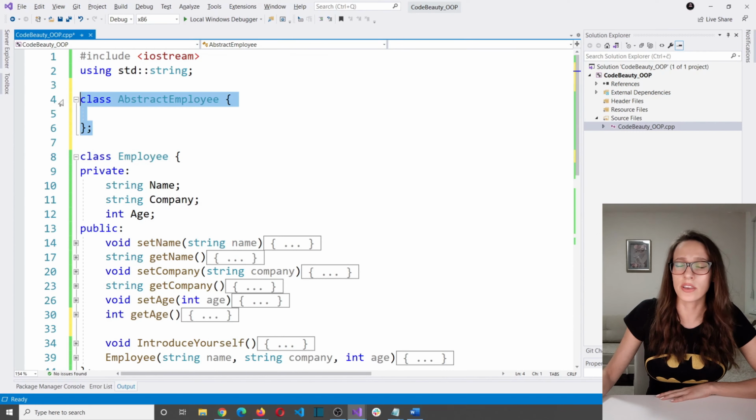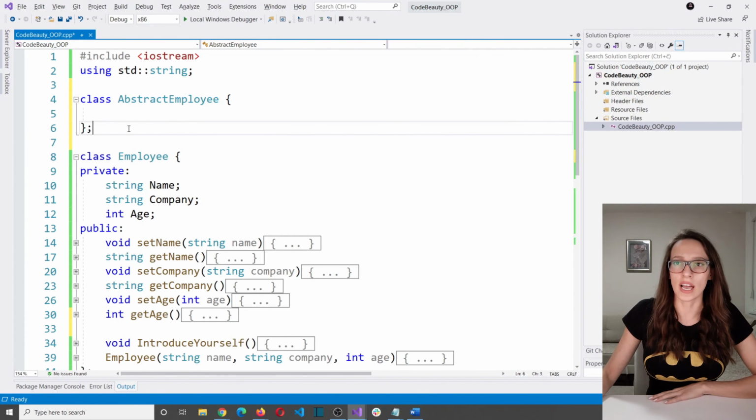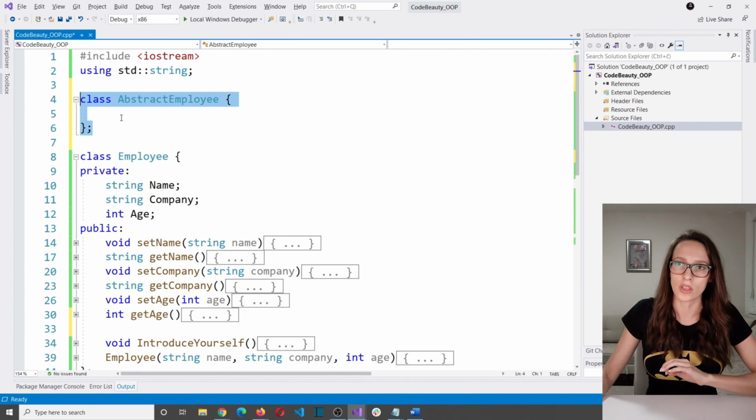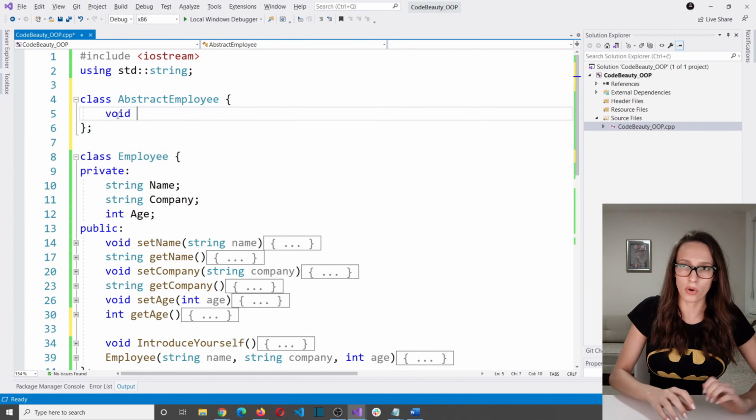So this class here is going to serve as a contract, and this contract will have only one rule, and that rule is that whichever class decides to sign this contract, that class will need to provide implementation for a method called askForPromotion. So a method of return type void called